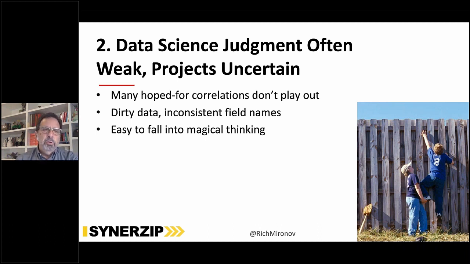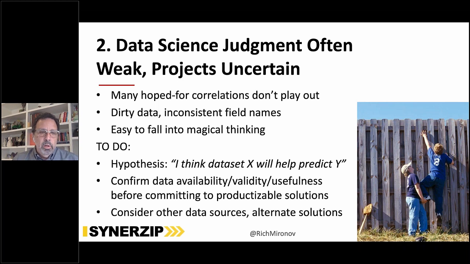So, magical thinking, the hoped for correlations, dirty data, different departments don't use the same field names, or maybe they use the same field names for different content, right? It's really easy, if you're not the data scientist, to jump to some conclusions about how easy it's going to be, right? And so we'll have some examples in a moment, but the to-dos here, the first one is,